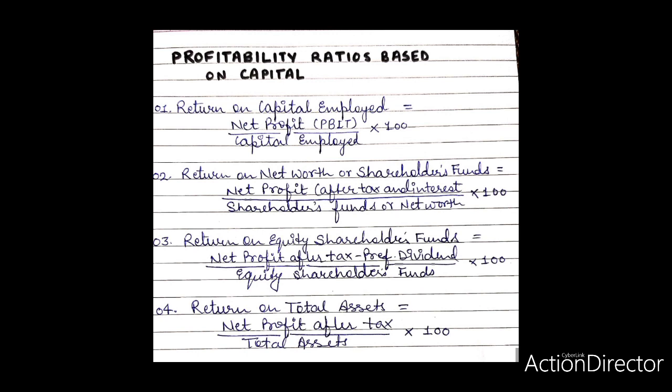Net worth or shareholders' funds include preference share capital as well as equity shareholders' funds, which in turn comprise equity share capital, share premium and reserves and surpluses after adjusting the accumulated losses and fictitious assets. The net profit is taken after deducting interest and tax but before deducting dividend on preference shares. It is the final income that is available for distribution as dividends to shareholders.